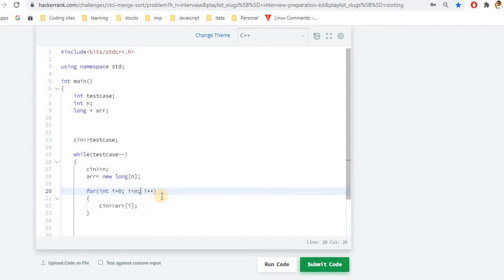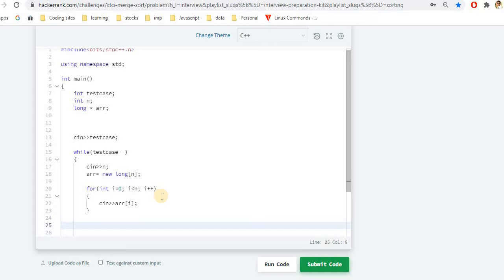We could have used a vector, however we will not do that because using an array simplifies our problem, and vectors are not passed by reference by default. So we'll use a simple array, and we will need a second array, a temporary array, which will store all the merged values, and after that we'll copy all the values from the temporary array to our original array. So let me take a temporary array of size n again.